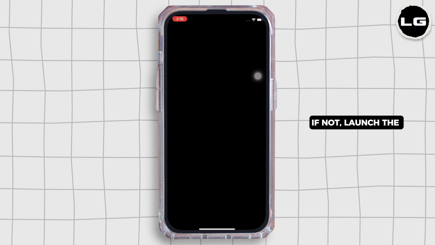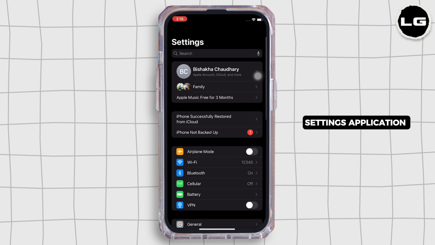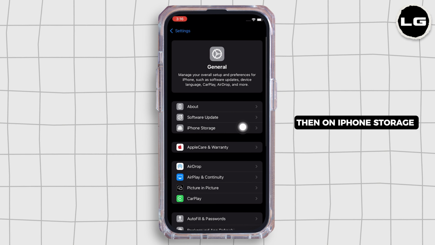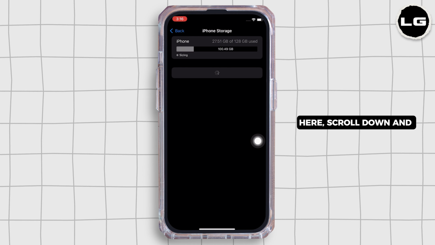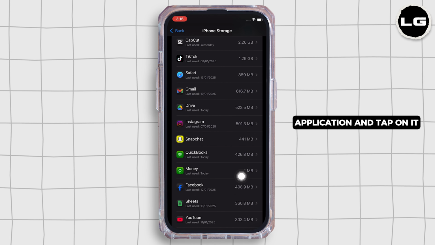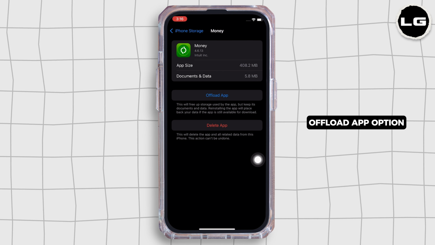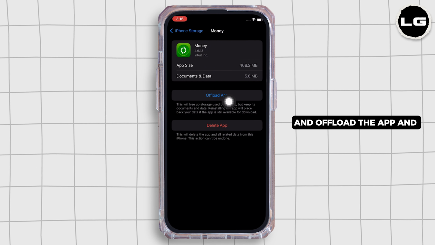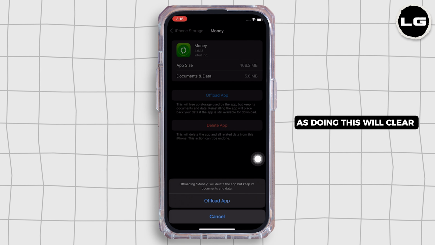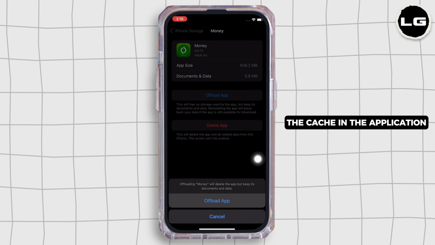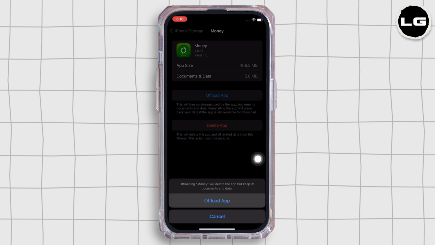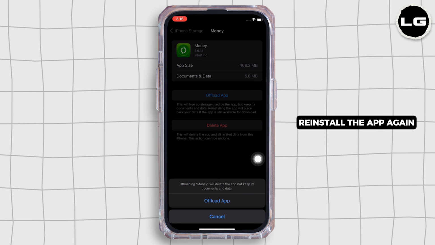If not, launch the settings application on your device. Now tap on General and then on iPhone Storage. Here, scroll down and find the QuickBooks application and tap on it. Now tap on the Offload App option and offload the app and reinstall the app again, as doing this will clear the cache in the application. See if the issue is fixed or not,